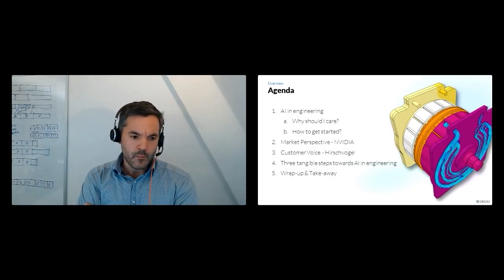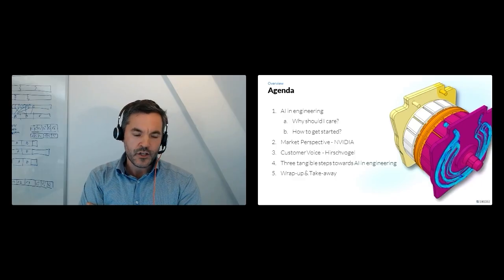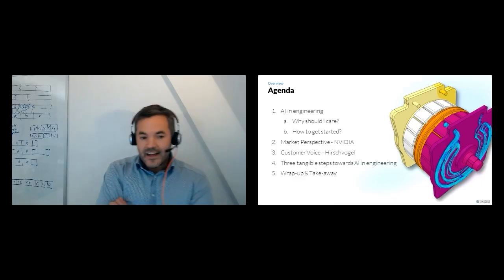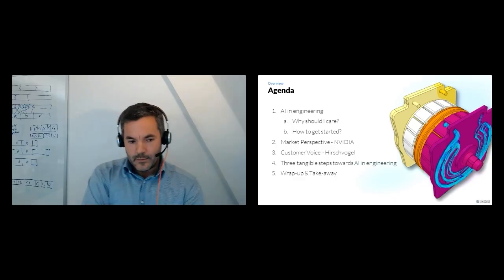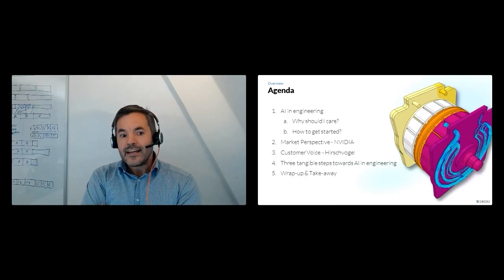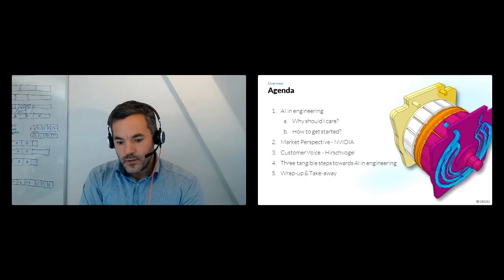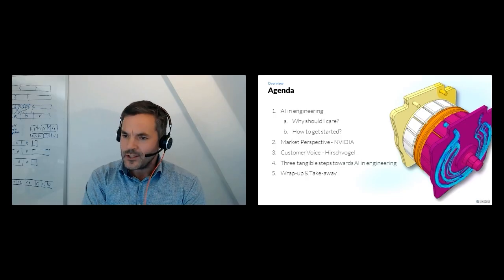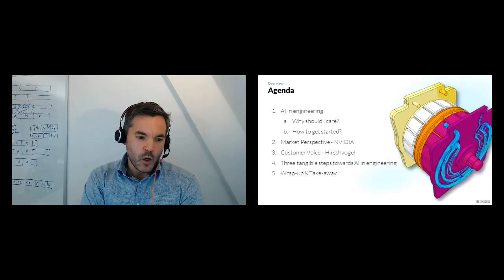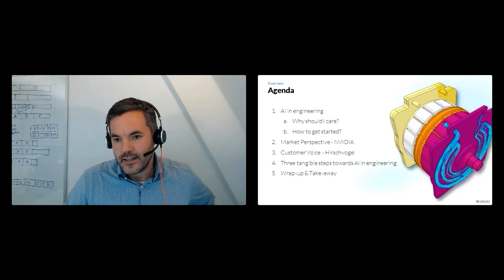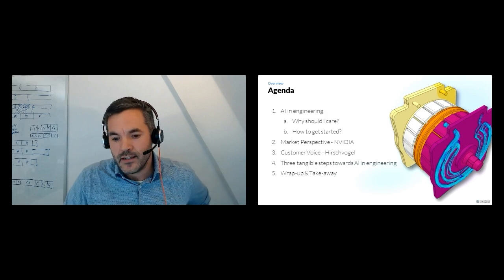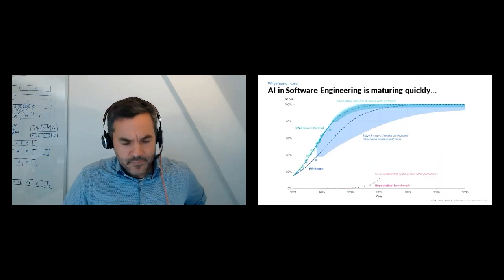See his broader market perspective on AI adoption and engineering. Martin would have added a customer perspective on this, who's unable to join, unfortunately. And in the last 20 minutes, we're going to go into some real use cases. We're going to show some examples. We're going to do some real engineering work together, at least what you can do within 60 minutes. And so hopefully it's not just slideware, but actually a concrete starting point that inspires you to take action and get ideas on how to get started.